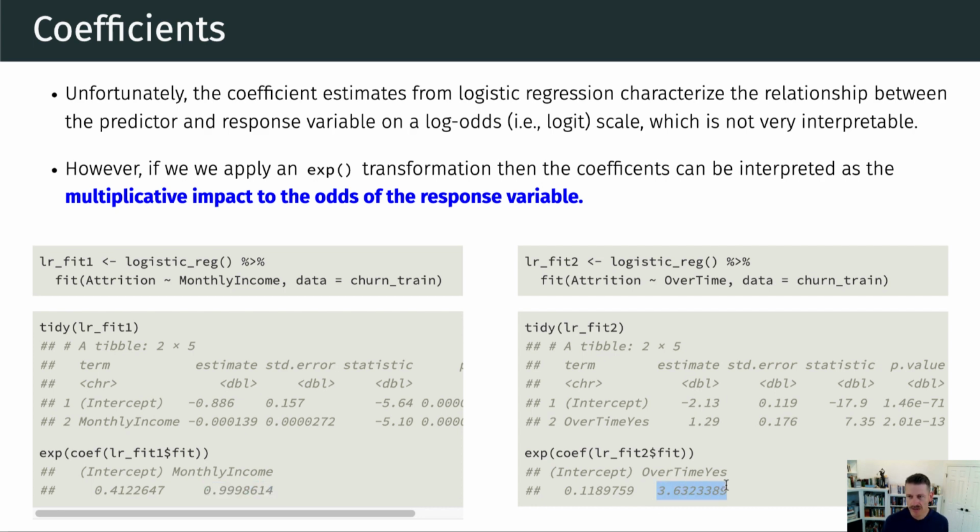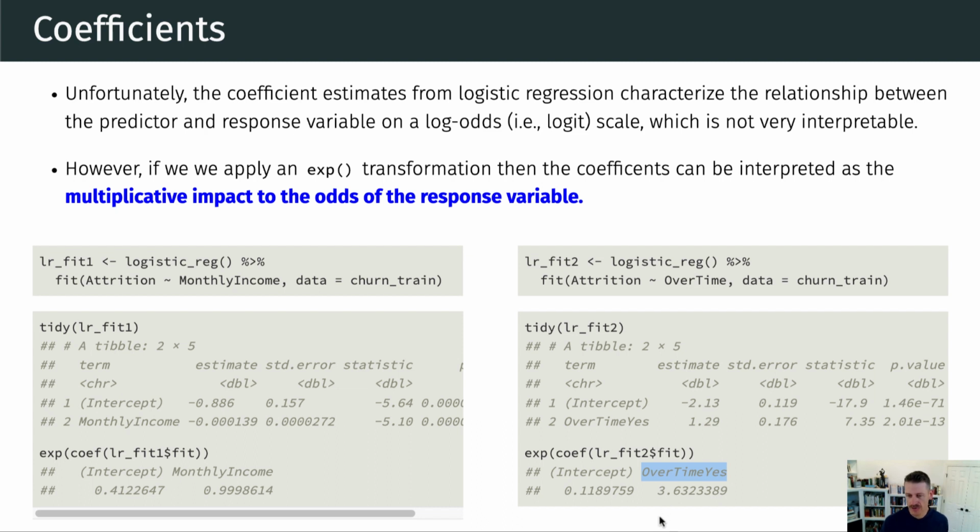We say that these are the multiplicative impact to the odds of the response variable. And I know that that's a whole lot of stuff packed in that short sentence. But what that means is as our monthly income increases, then the impact to the odds of the response variable is 0.99. Whereas in this case, when our employee ends up working overtime, there's a 3.63 increase in the odds